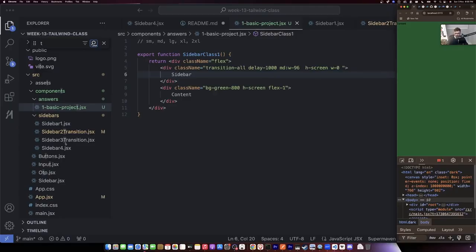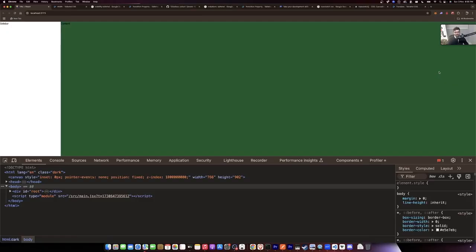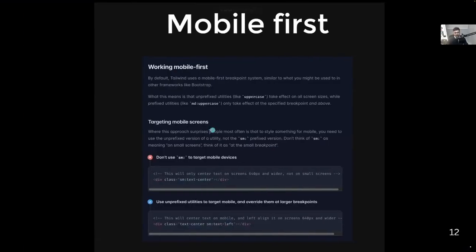There is one example here you will find, most probably this third one, sidebar 3 transition, that will use the translate text property to do the same thing. Alrighty, we're done with this. What's next? A small 5-minute break, and after that we're going to do